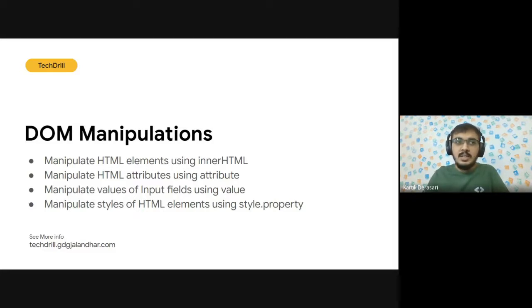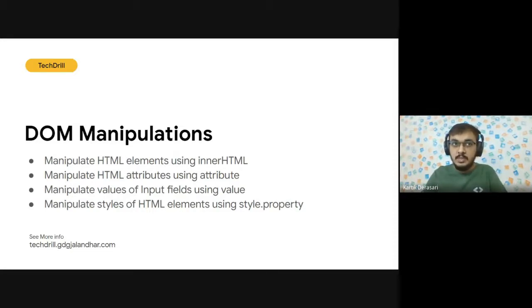The last thing is the styles. For example, if we are requesting an image from the backend and that image is not coming, then we want the background color of some HTML element to be red. Such dynamic things we can do using DOM manipulation of styles.